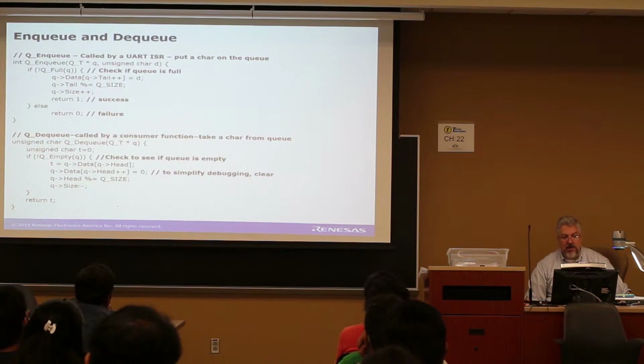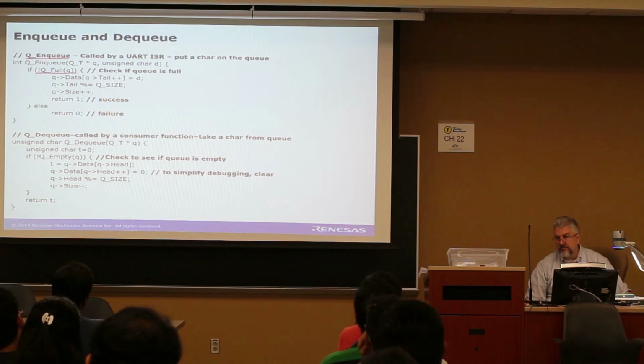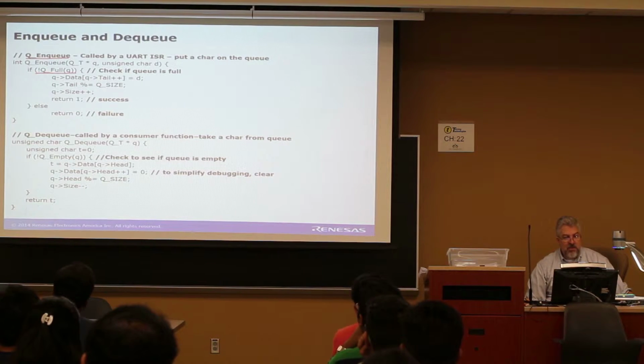One thing I want to point out is that this code here, which is going to enqueue or put on the queue, is going to check to see if it's full. If it is not full, put something on the queue. Otherwise, return 0, failure. In the same way, if you're going to pull something off the queue, if the queue